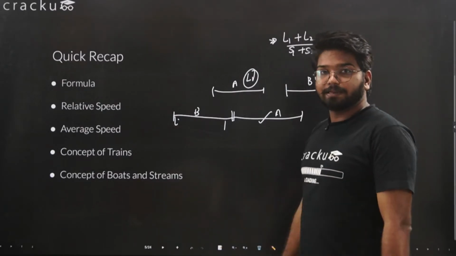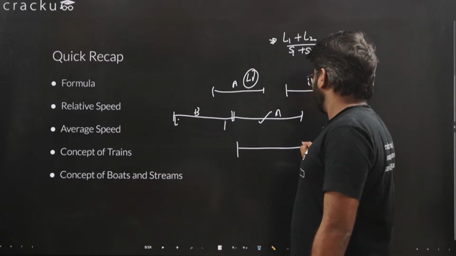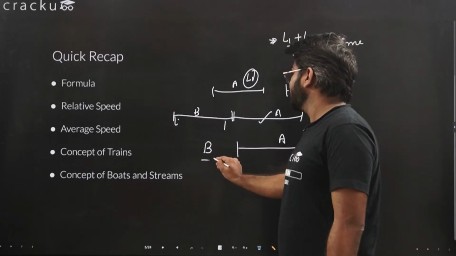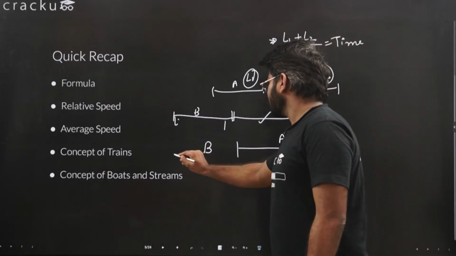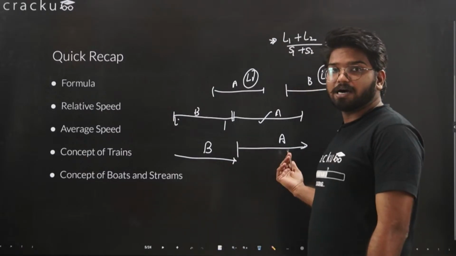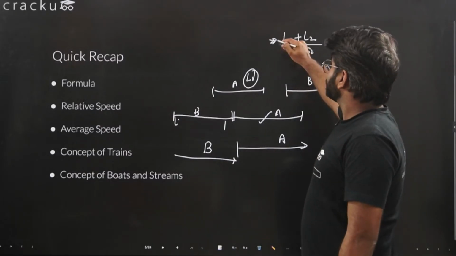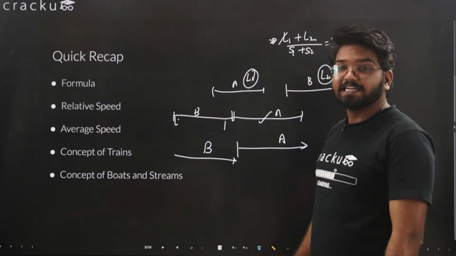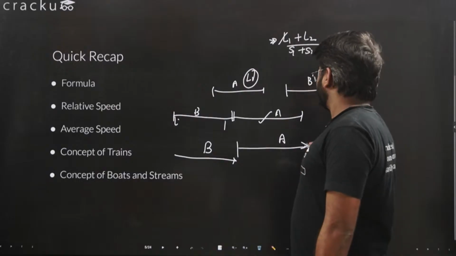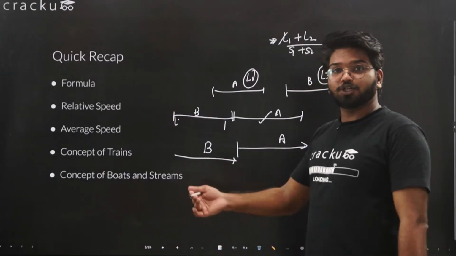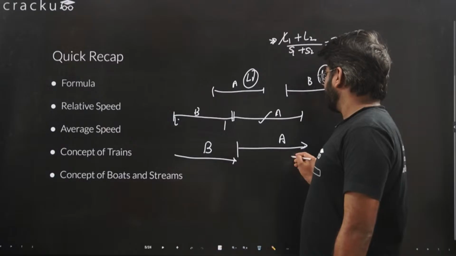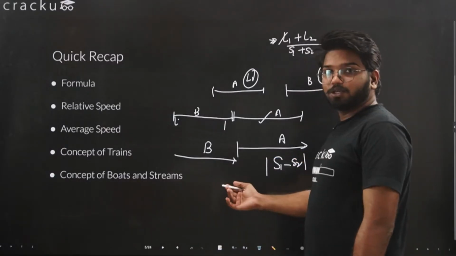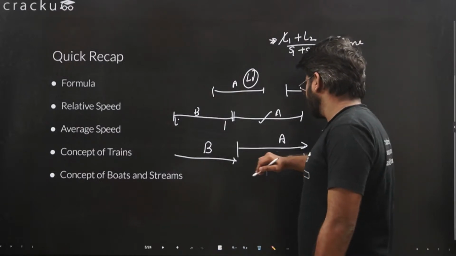If they are moving in the same direction, let's say A is going this way and B also needs to cross this, I mean needs to completely pass over. Again, the distance they need to cover is the same, it's just their relative speed that will change. The relative speed will be the difference between their speeds. If they are moving in the same direction, their relative speed will be S1 minus S2, and the total time taken to completely cross each other will be